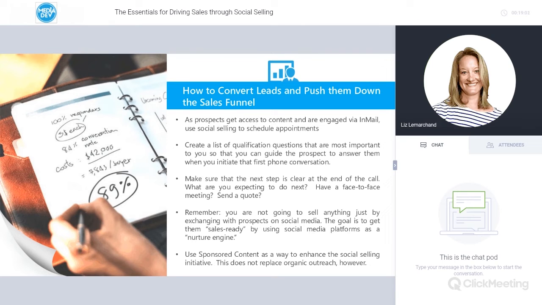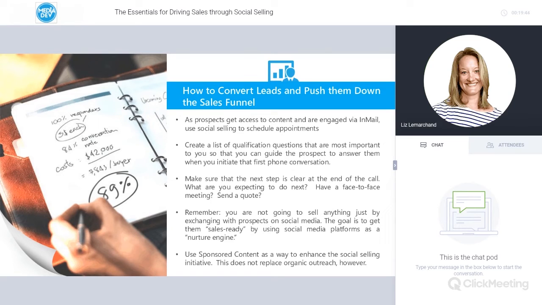So in order to push leads down the funnel, you need to list out those qualifying questions you need answers to. And some of those questions you'll be able to get answers to with social listening, but others will need to be asked outright during a phone conversation, as I spoke about a few minutes ago with spot-based telemarketing, for example. For us, the engagement on InMail should help slowly push the prospect to accept that phone meeting. Because by that time, the prospect should already be somewhat warmed up. They know who you are. They should know the topic of discussion. And it takes the cold out of cold calling, essentially.